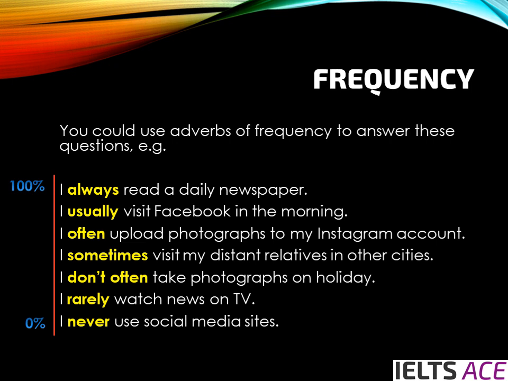If you think back to when you were an elementary level student, you probably learnt some ways to talk about frequency, in particular the adverbs that are on this slide. So you probably learnt that never means 0% of the time, and then increasing: rarely, don't often, sometimes, often, usually, and always. These are, of course, absolutely correct ways of talking about frequency, but as we've talked in other videos, you need to show the examiner that you have a wide range of vocabulary and that we can use words beyond what you learnt at elementary level.